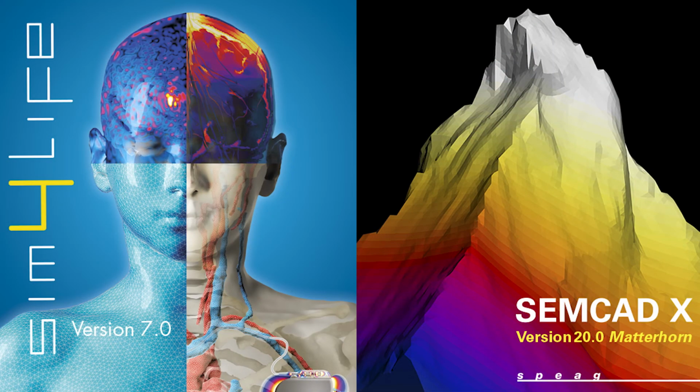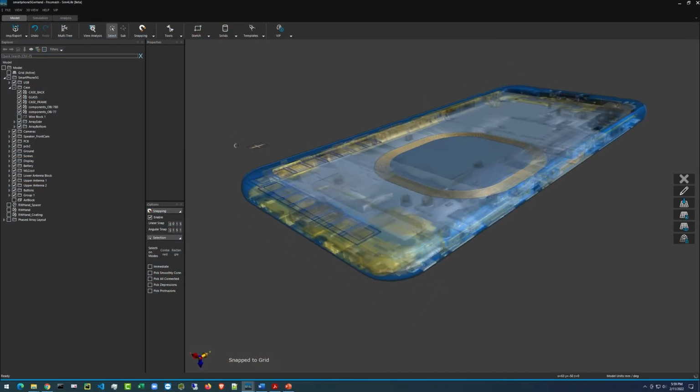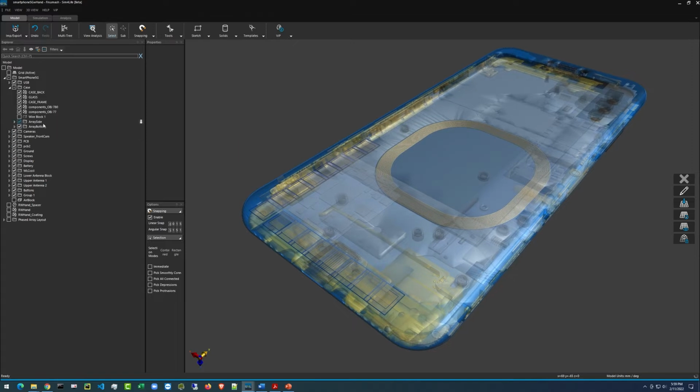Many R&D departments of companies and universities have approached us with requests to provide simulation tools to enable computational R&D evaluations above 6 GHz. We now have a very effective method, the first solution on the market to simulate these phantoms. The new method is available in the full version of Sim4Life version 7 or its electromagnetic tool SEMCAD version 20. For this video, we have created a generic smartphone model with a phased array antenna operating at 28 GHz.